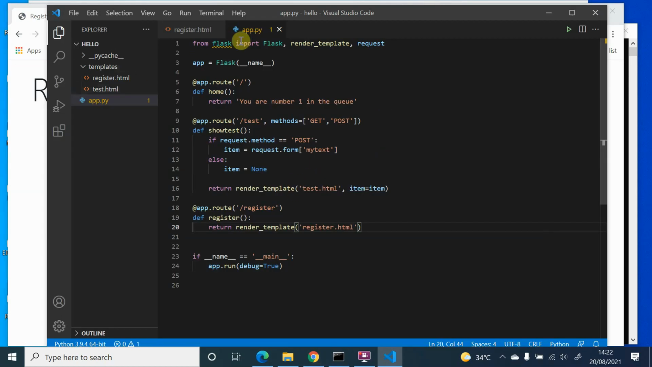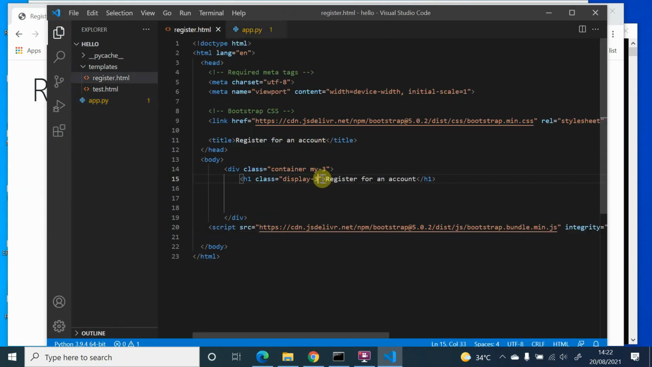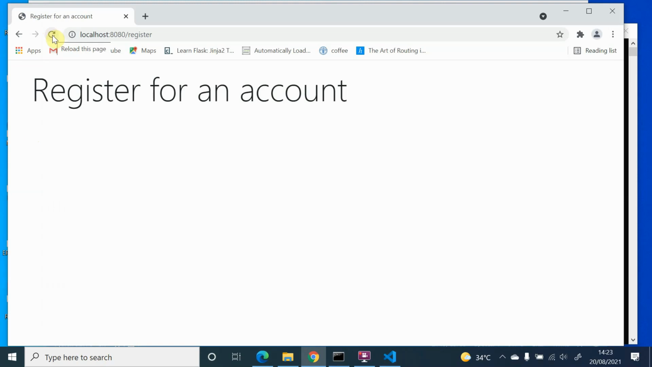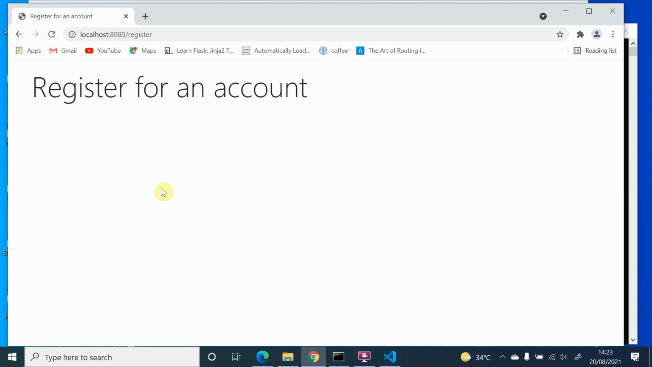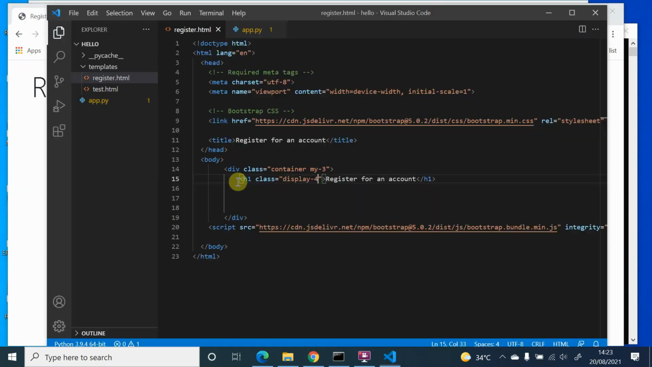How about we try with register.html, try 4. So number 1 is the biggest size. Let's refresh this page. Yeah, it's a bit smaller, right? So now we have